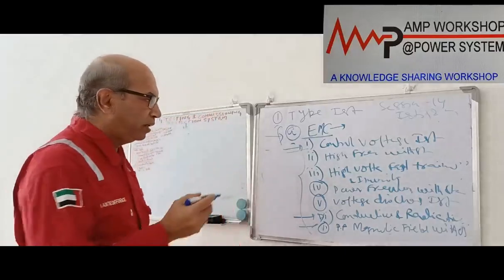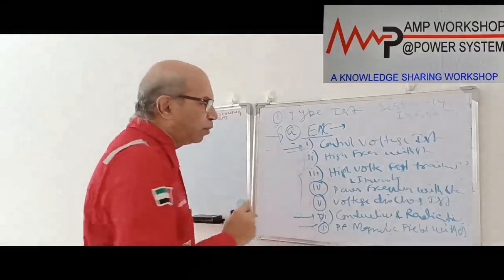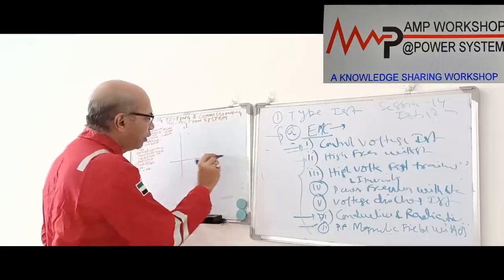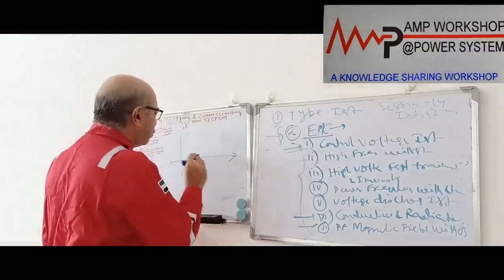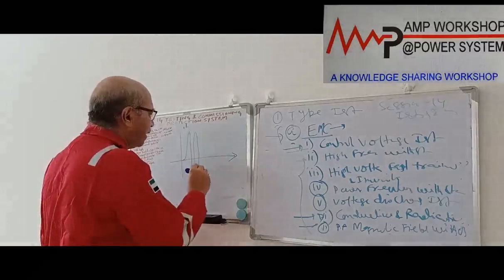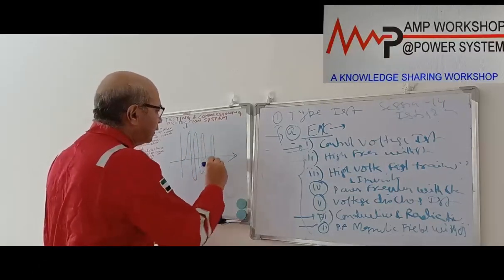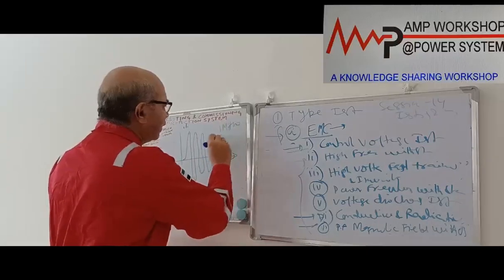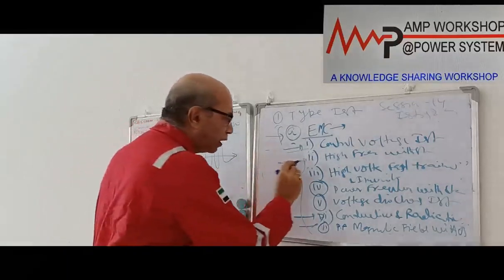The high frequency signal which can come to the relay through the input port, that is the CTPT port, will be for 2 seconds. If you see the high frequency, it will look like this. It is a damping high frequency signal. This frequency signal is 1 megahertz. We inject this 1 megahertz signal to the relay input port.